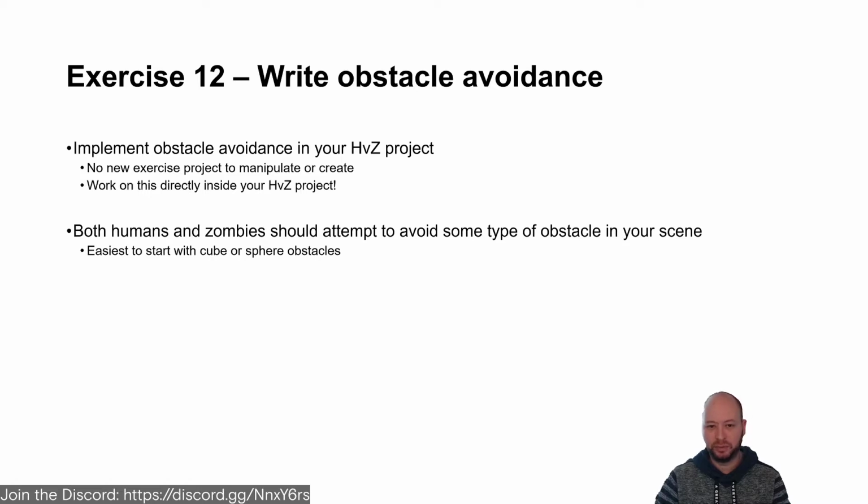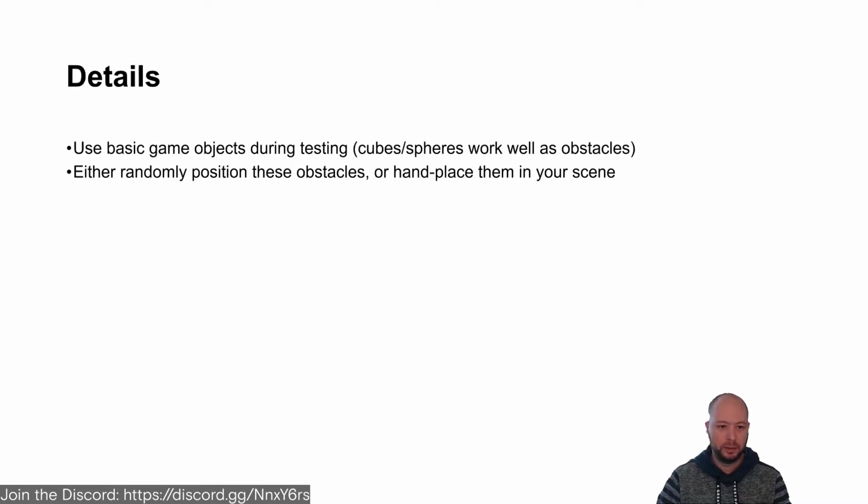And then exercise 12 is to write the obstacle avoidance capability and implement that in your humans versus zombies project. So no new exercise project or anything like that. Just work on it inside of your humans versus zombies project. Both the humans and the zombies are expected to avoid obstacles of some kind in the scene. Use just basic game objects during testing. Either randomly position them or put them there yourself, it doesn't really matter, but the algorithm should be